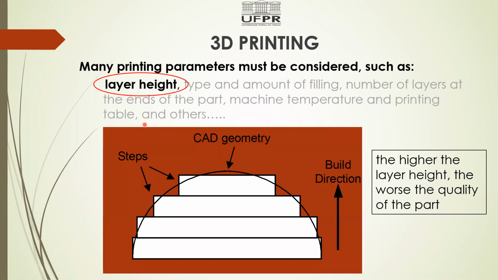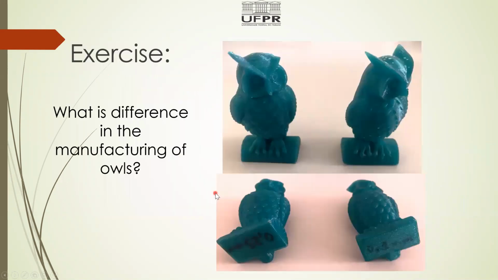And for example, layer height affects the quality of the parts. If, for example, you use half the layer height, you get better quality or resolution for the surface. Okay,